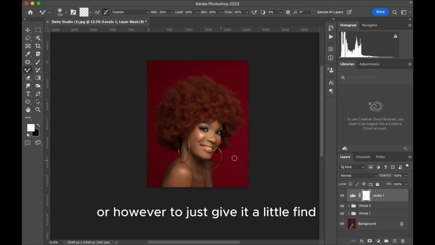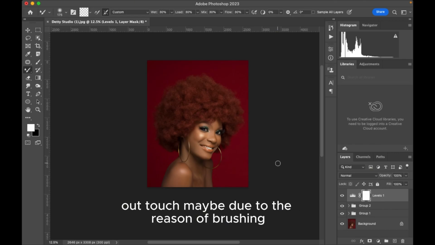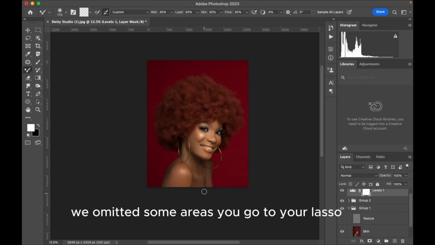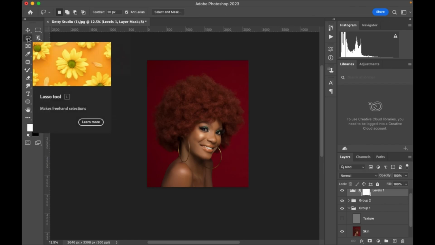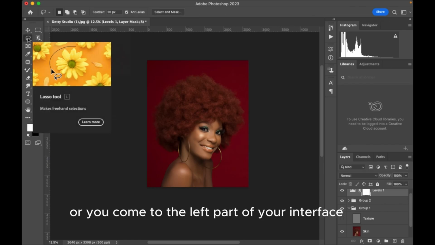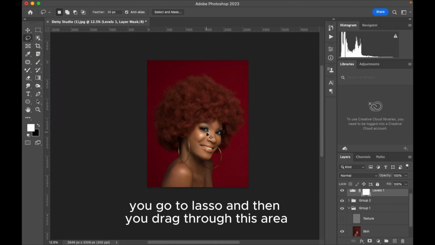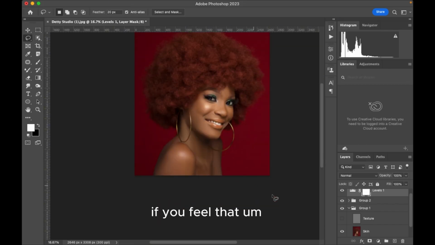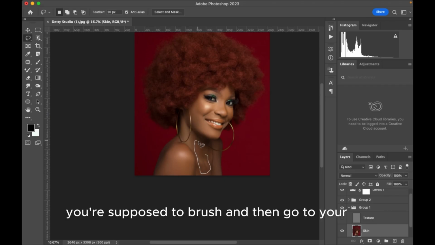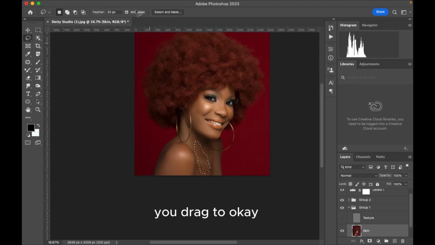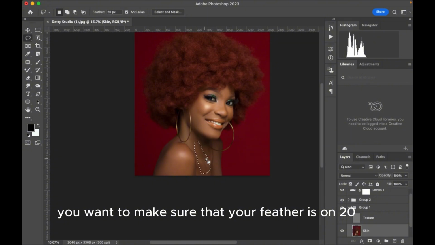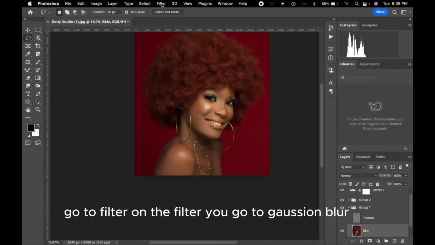But however, to just give it a little final touch, maybe due to the reason of brushing, when we're applying our frequency, we omitted some areas. You go to your lasso tool, lasso is L, or you come to the left part of your interface, you find your lasso, and then you drag through those areas you feel that you omitted, areas you were supposed to brush. Okay, you want to make sure that your feather is on 20, then you drag this through, go to filter,